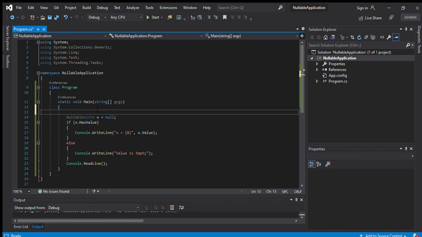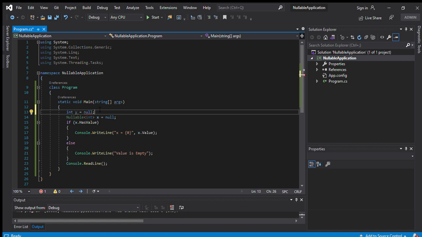I declare a variable, okay, if I declare a variable y equal to null, immediately the compile time shows me errors. What are the errors? Cannot convert null to int because it is a non-nullable value type. Okay, it means we cannot directly apply a null value to any variable.